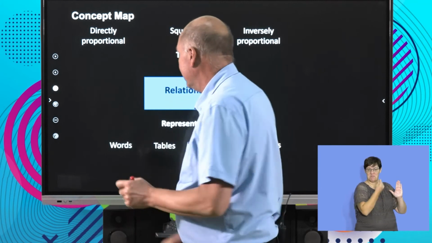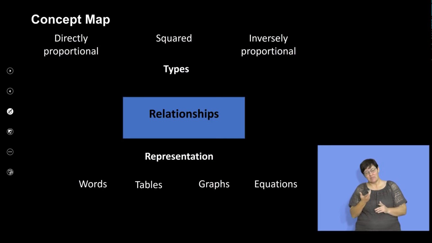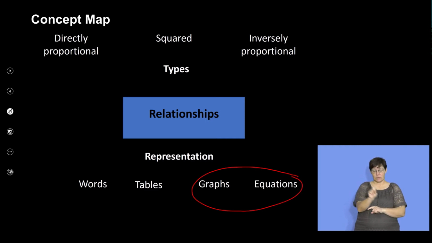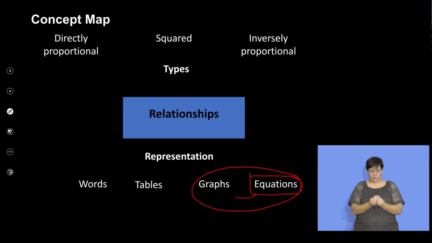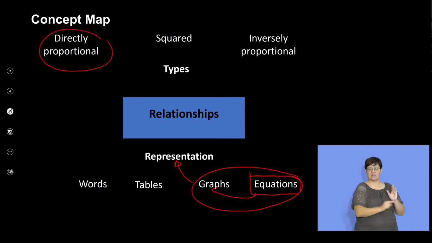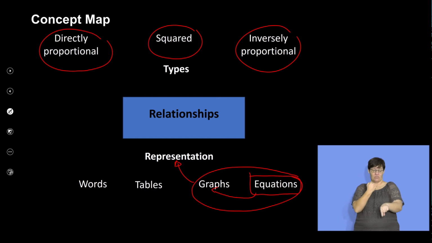get from that. So the important part that we're going to be looking at is a focus on graphs and equations, but we're going to start with equations and try and work out what the graph would look like and say what sort of relationship that would be. Is it directly proportional, is it a squared, or is it an inversely proportional relationship? So